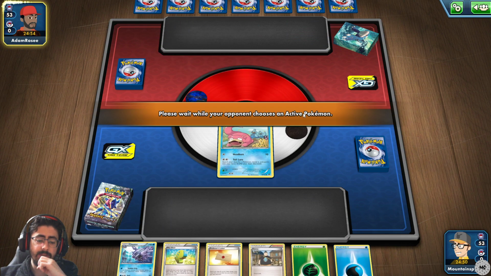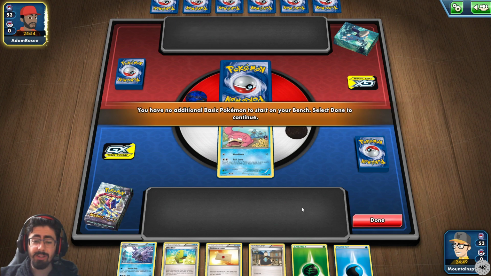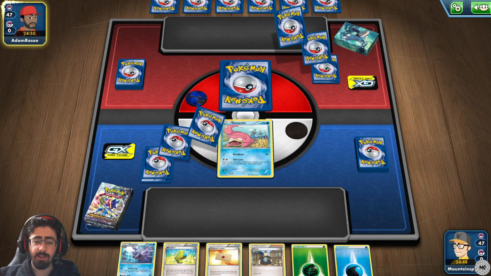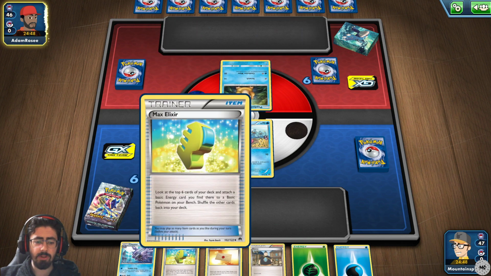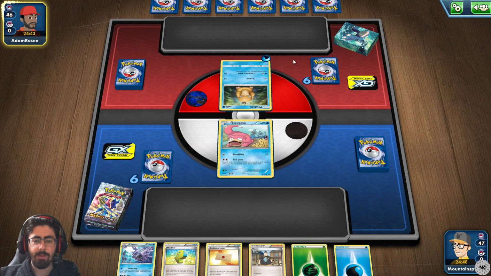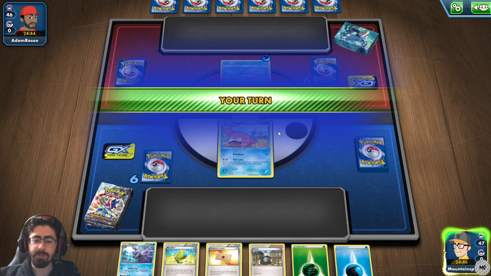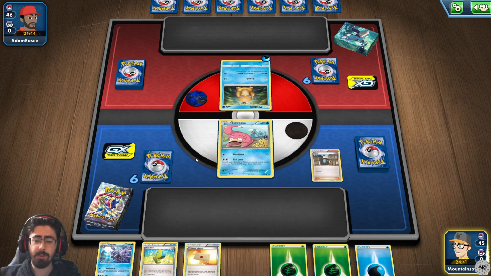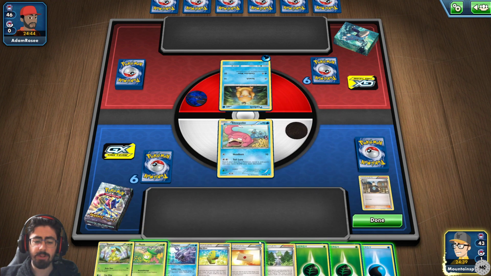Okay, not a bad start. Honestly, I'm kind of okay going second with this hand. This is on your bench. Yeah, on your bench. So it's not going to affect Slowpoke, which is a bit disappointing. Man, if they get an early Golduck, I'm in serious trouble. Early Golduck is going to be really bad for me. I should have done Prof Letter first. There's Wally. Now...